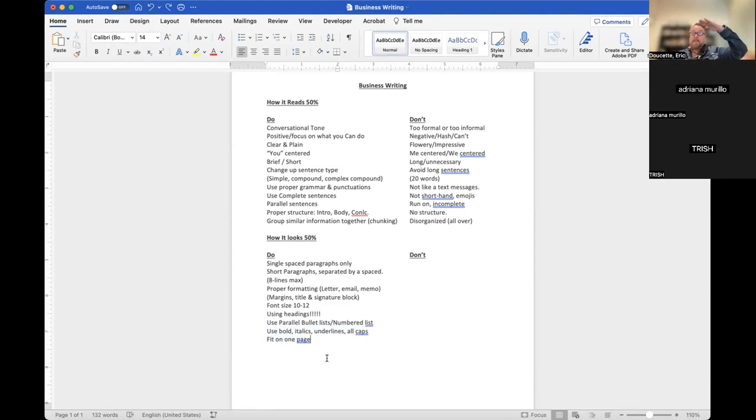If you can't fit it on one page, then you should at least take up a quarter of the next page. If you can't justify the whole quarter of the next page, then edit it down to fit on one page. That's my recommendation. You also want to make sure it's centered in the page.